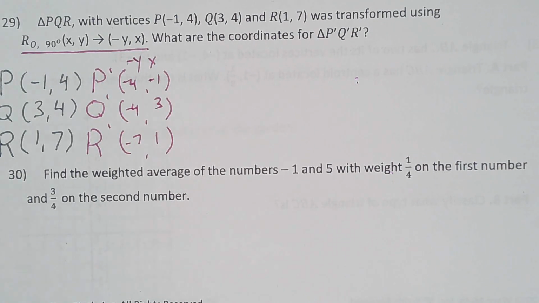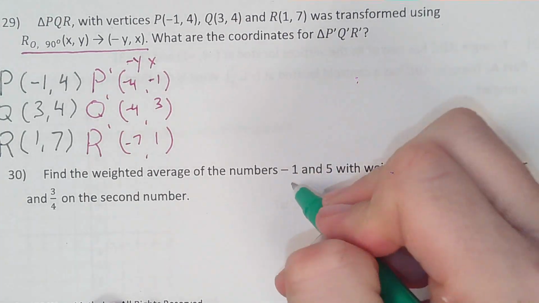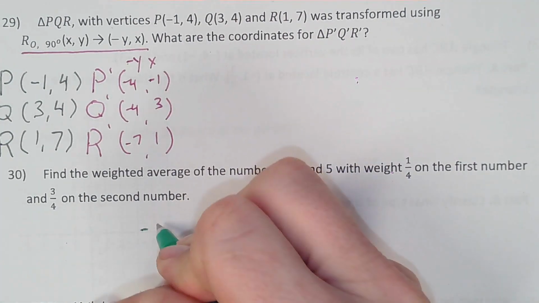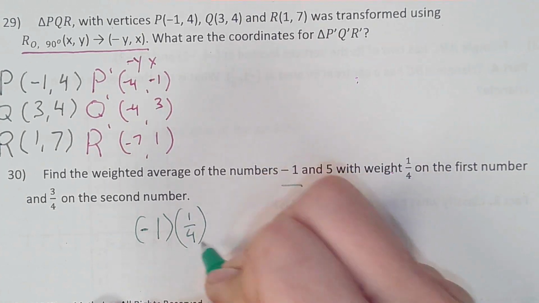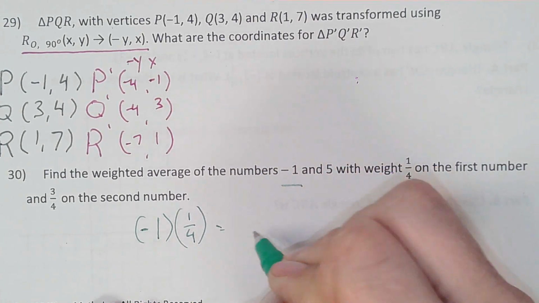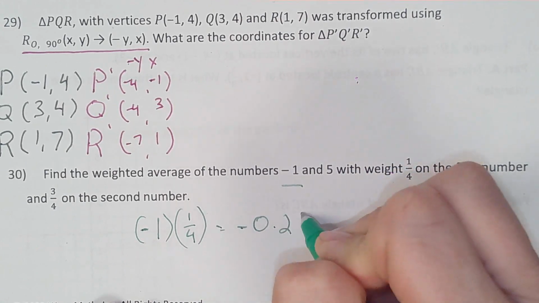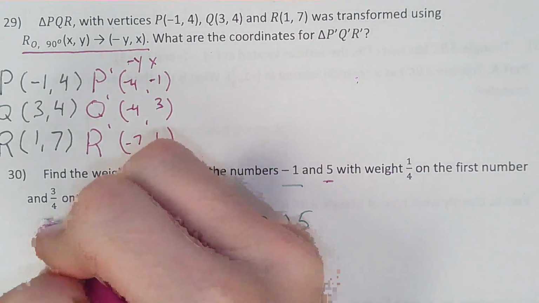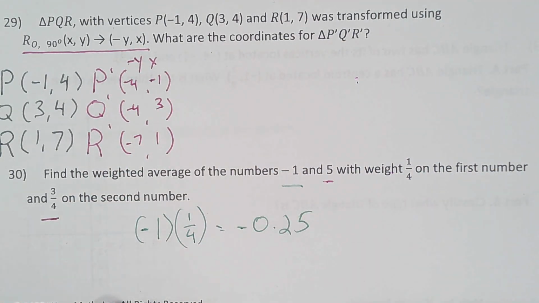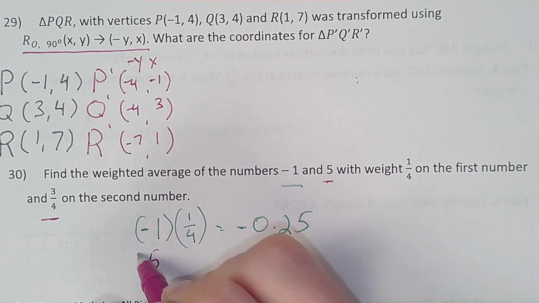Number 30 is a weighted average of these two numbers. All right, the first one is weighted as 1/4 of the first number, which is negative 1. So we're going to take negative 1, we're going to multiply it by 1/4. So negative 1 times 1/4 in decimal form is negative 0.25. And we're going to multiply the second number by 3/4. So it's going to be 5 times